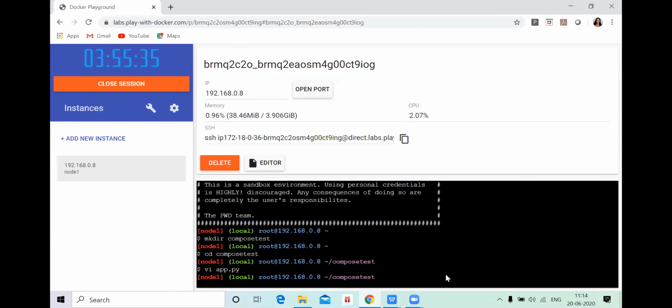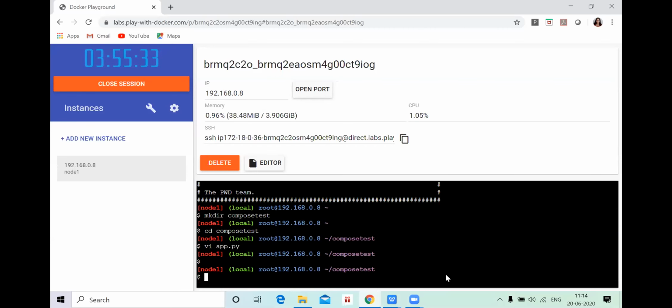So now I'm here. And here I'm going to write one more program, one more text file I'll be writing here. To write the text file, I'll be giving vi requirements.txt. This is my file name, which will be a text file.